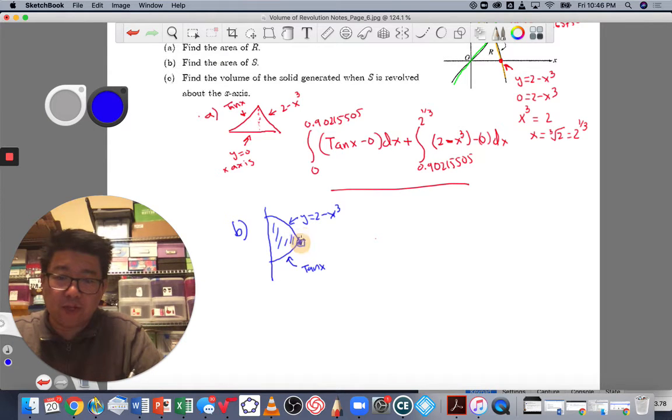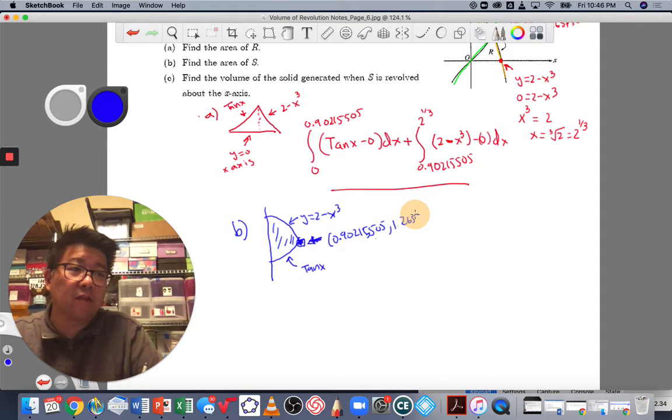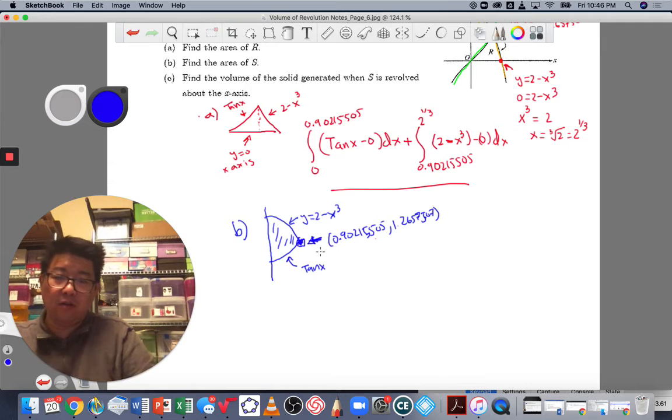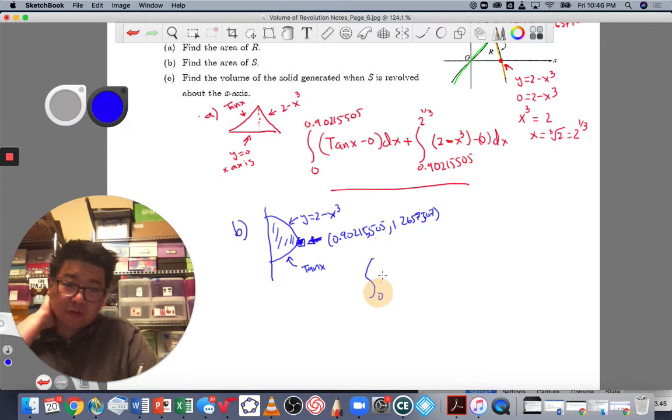So this point right here is 0.90215505, comma 2657507. Okay, so we're just looking at this part right here. So we're going to go from 0 all the way to this x value. So 0 to